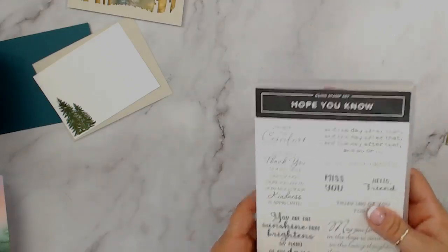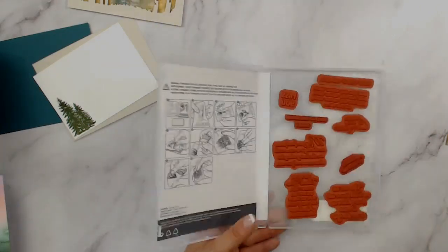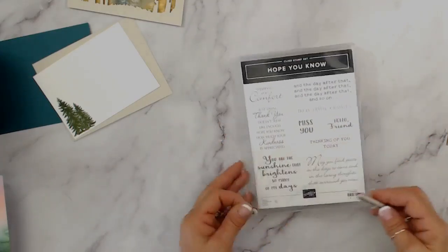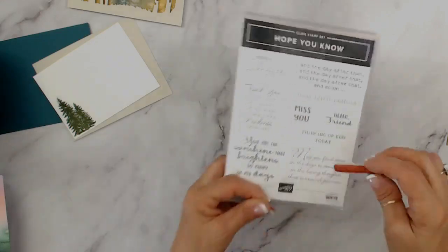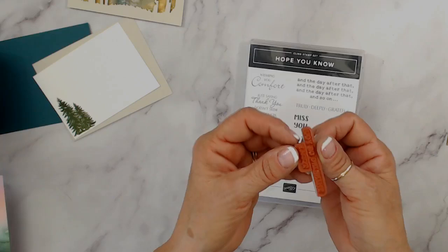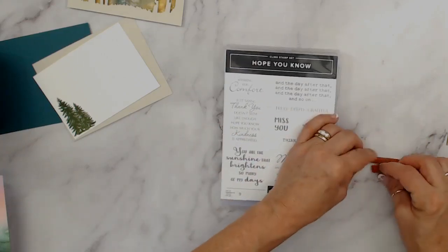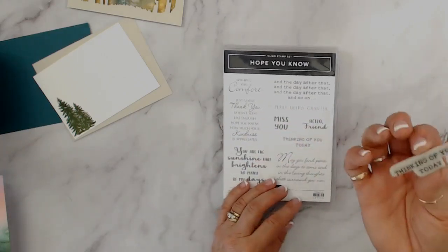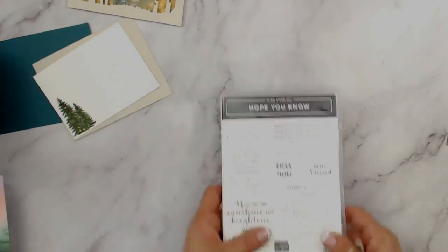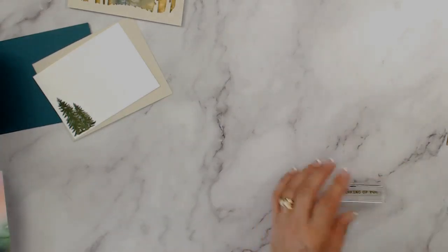Okay, so this is Hope You Know. I don't know which video it was, but maybe it's last Create on the Fly. I wanted Thinking of You, and I didn't want the other today, but these two were stuck together, and I just used my scissors and separated it. That's it. So now I can still use that. I show you can mount that together and still have the full greeting. But most of the time, I think I want just Thinking of You. And I need another block, I guess. And then I'm going to go ahead and stamp that on,